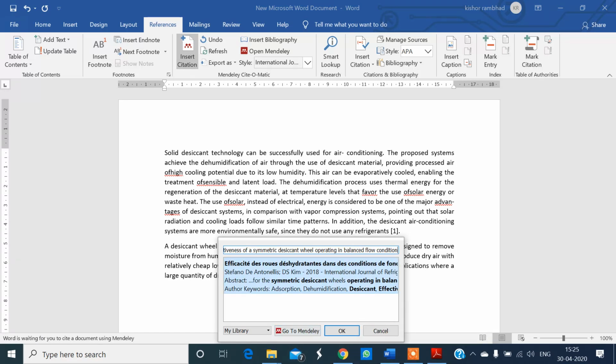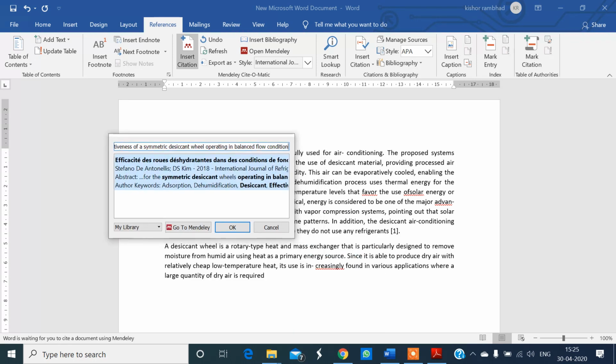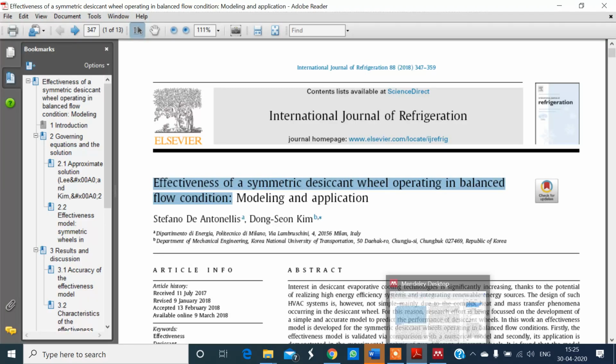This is the paper. Check the paper before adding. The author is Stefano De Antonellis, 2018. Check the paper. It is the same paper.